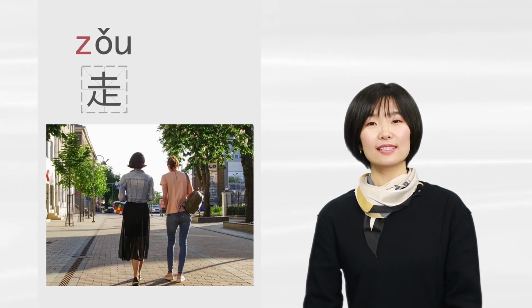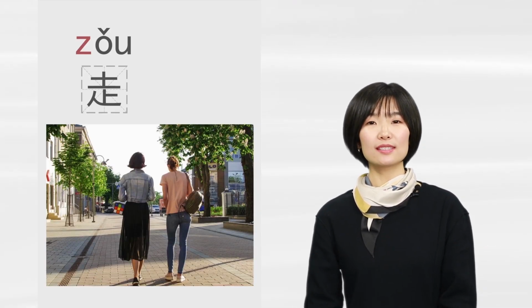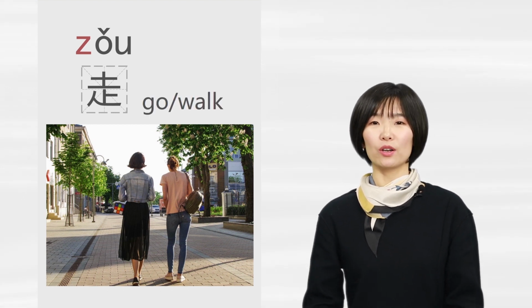Z. Your tongue tip should initially touch the inside of your upper teeth. Z. It kind of sounds like when you get electrocuted by something. Yes, Z. For example, 走 means to go or to walk. I have an umbrella. You can go with me. 好，我们走。